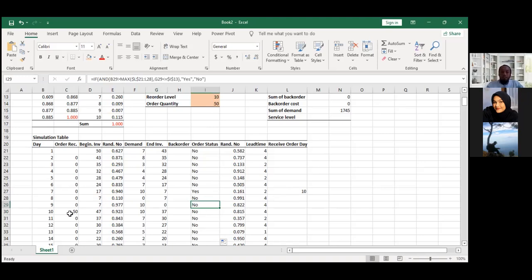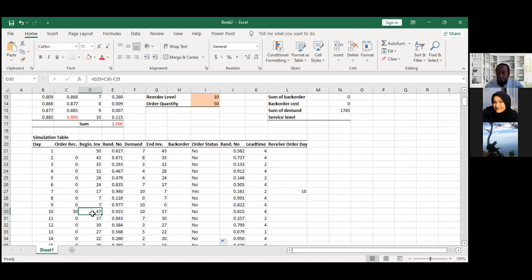So at period 10, yes, we received the order. Then see, student, the beginning inventory is 47, not exactly 50. Not fully 50. Why? Because we need to fulfill the previous back order first. Remember, the case is back order. But when the case is lost sales, here will be 50 because we don't need to consider the previous back order, the previous stock out. Because the case is back order, when we receive 50 here, we cannot use the full 50, but we need to subtract the previous stock out, which is 3. So the beginning inventory of period 10, the D10, is 47 only, not fully 50.